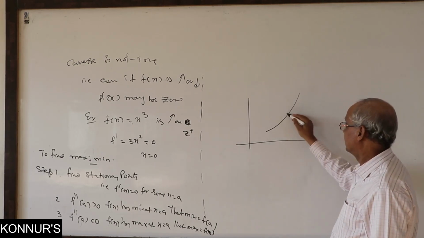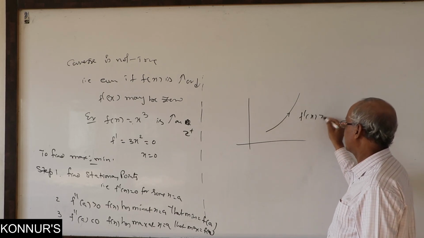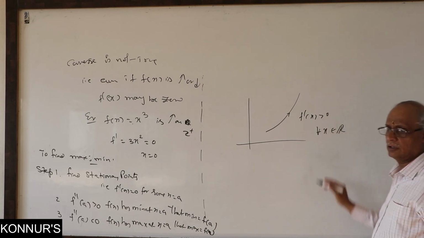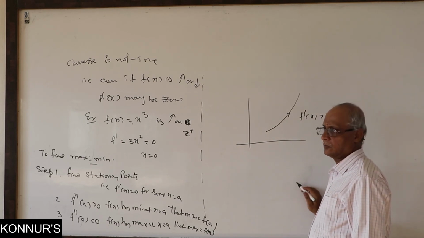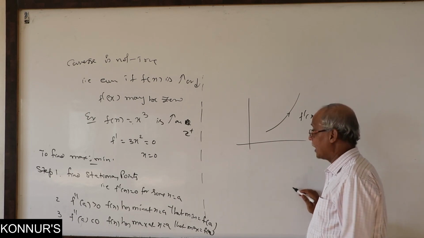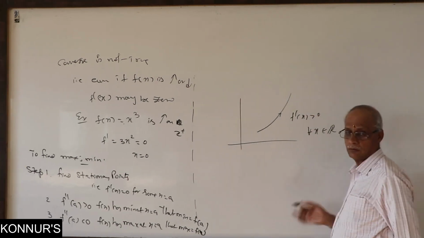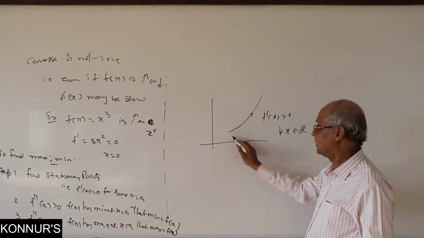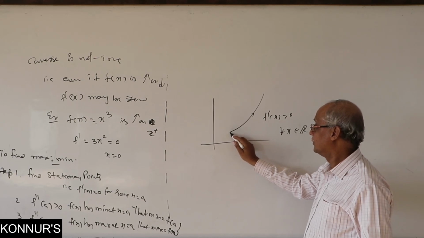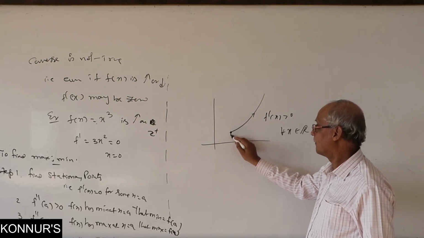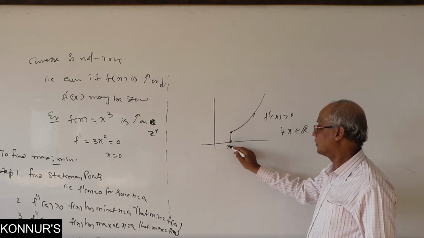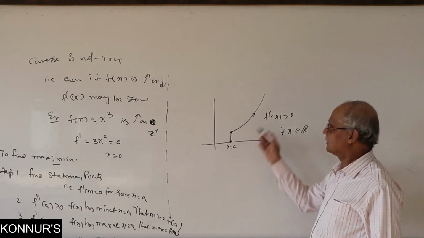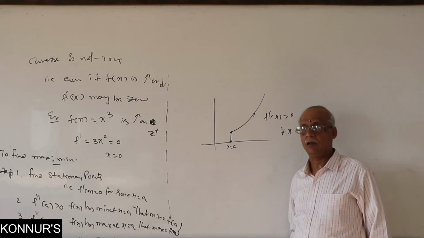What does that mean? f dash x is greater than 0 for all x. Going on only, a never-ending story. No highest position, but the starting position we know, otherwise you cannot draw any graph. When you trace, you first start with one point. Here, see, this is the minimum position, x equal to a, suppose. This is the minimum. That is why I am telling you an increasing function will give you a minimum value.